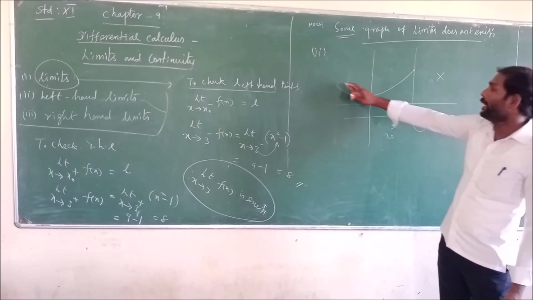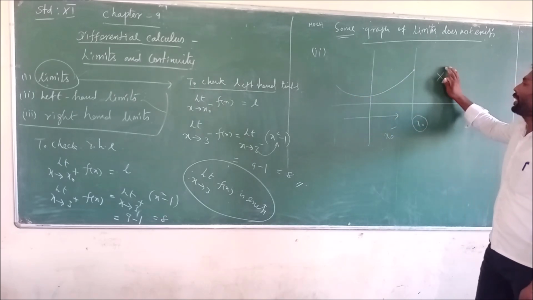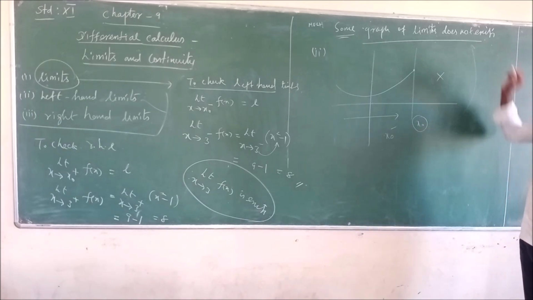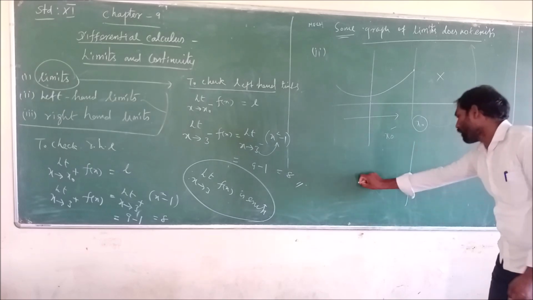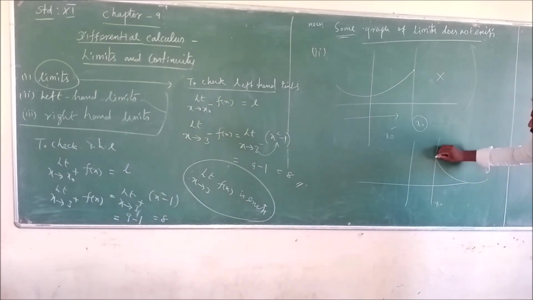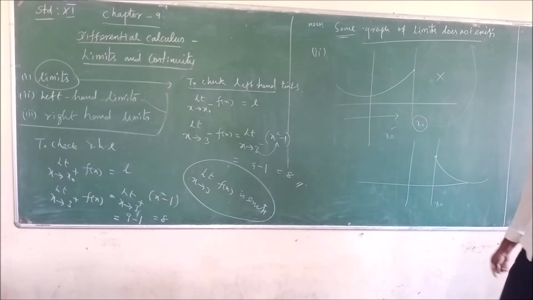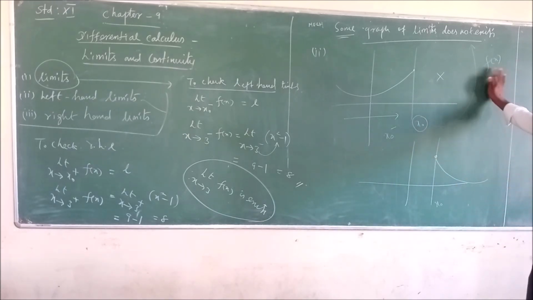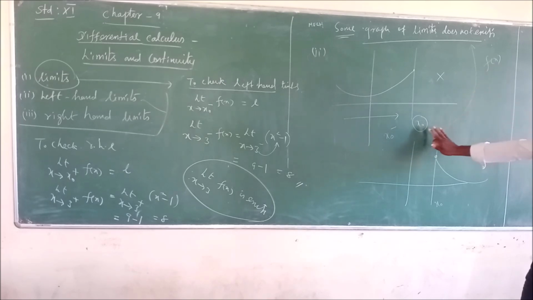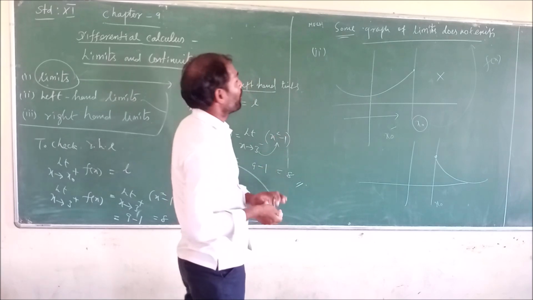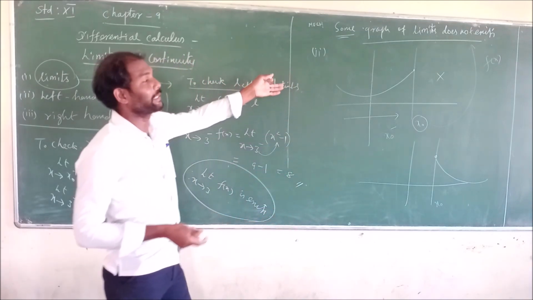The second case is when only the left hand limit exists and there is no right hand limit; then the limit of the function at x naught also does not exist. Another case is when, at the point x naught, only the right hand limit exists and there is no left hand limit; then the limit of f of x does not exist at the point. It is clear that at any point we take, we check whether the limit exists or not.